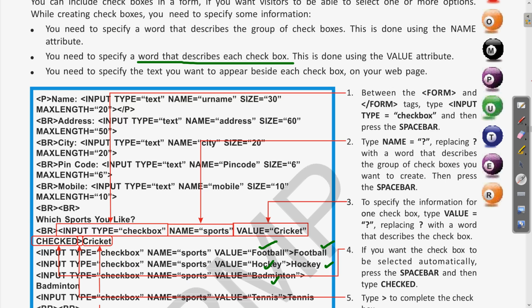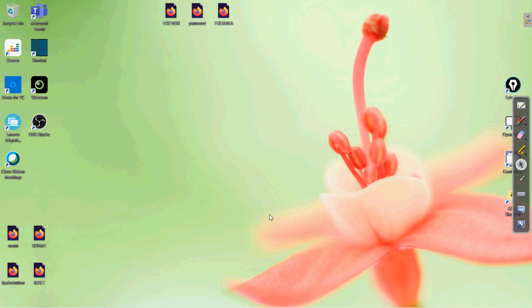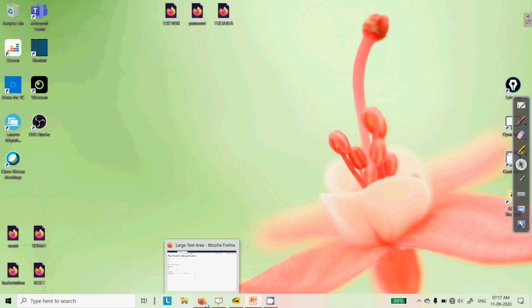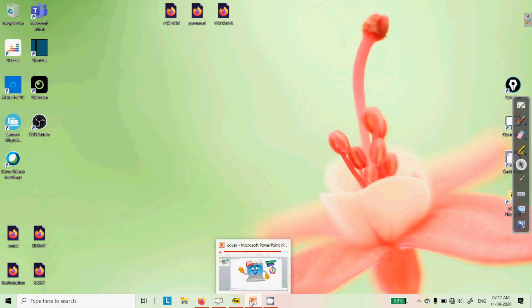Okay, so let us write this program. I have written this. If we come to the desktop, let me open the page. Here is our checkbox.